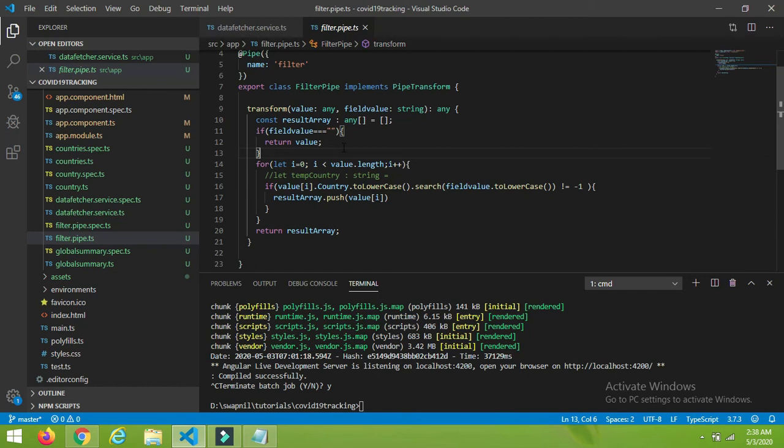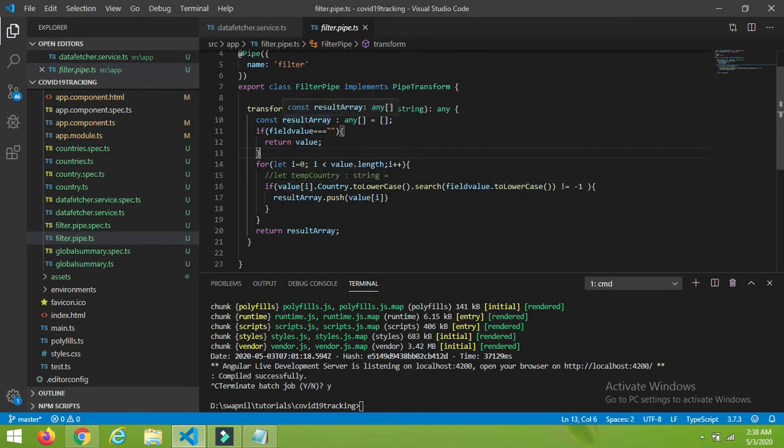If it is not blank, then iterate over the whole array list and check whether the country's value matches what the user entered in the text box, and push the matching records into our constant array.